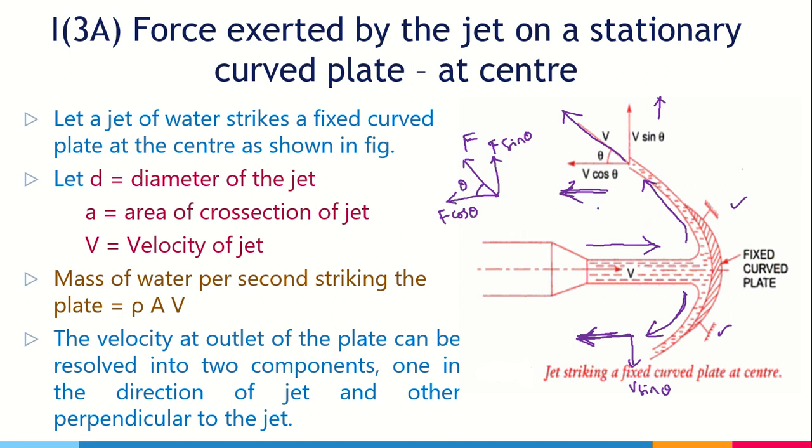But if you see here, the horizontal component along the direction of the jet is just opposite to this, so that's why we take minus v cos theta. Here, let me consider this part, so I'm writing the perpendicular component as plus v sin theta. Okay, so now